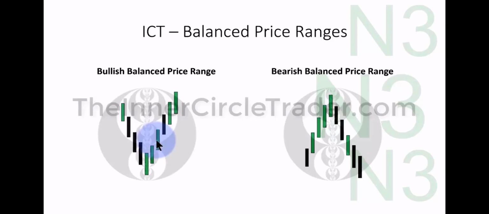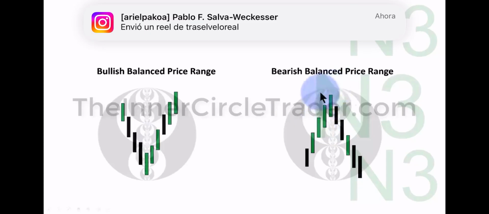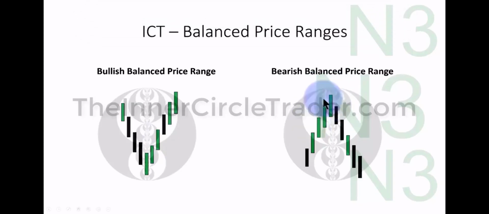Now, everything I just gave you here for the bullish balanced price range is obviously reversed for a bearish balanced price range. The logic is there has to be some kind of reason to expect it to be turning lower up here, some kind of premium array. Bearish order block, old high it runs through. When you're bearish, you're looking for a run on stops. And then you have this area here,